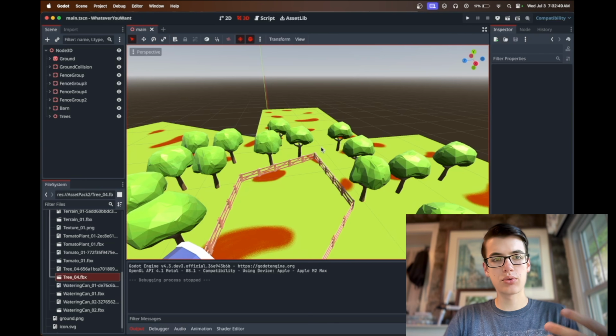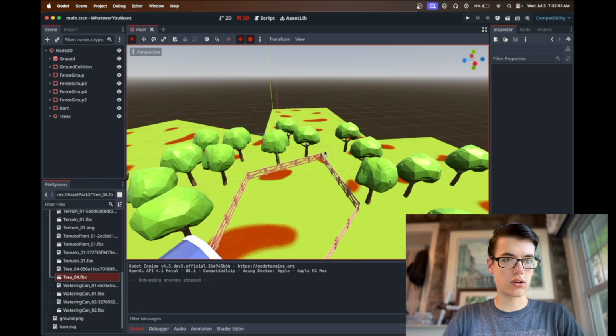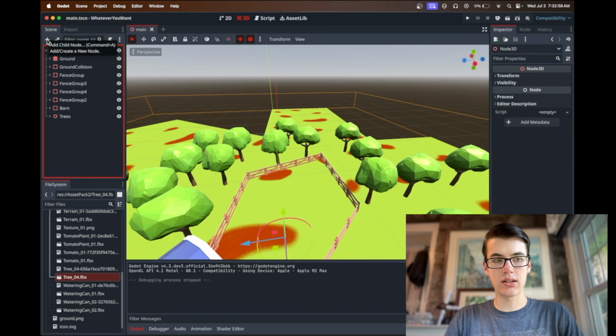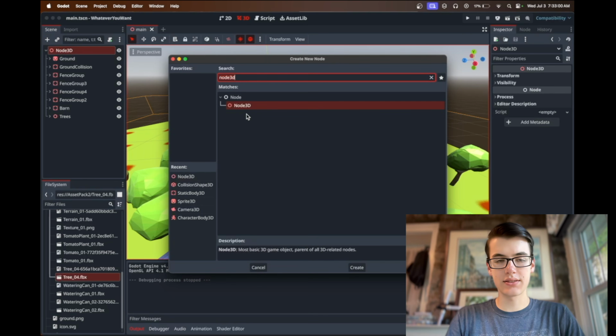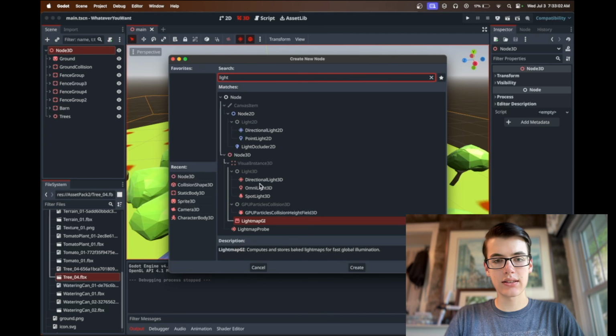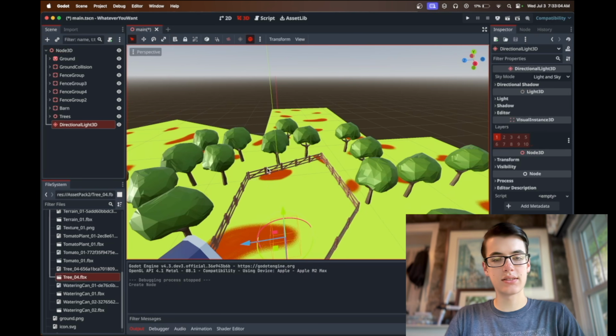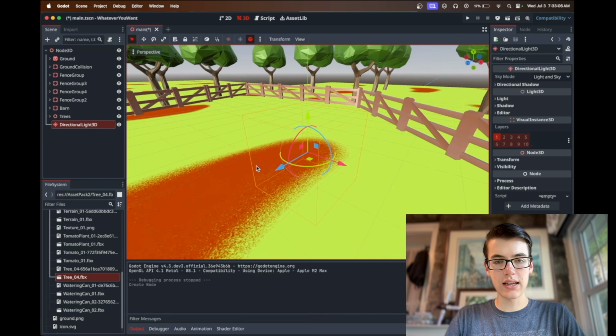Now, everything looks pretty bright in our scene because Godot automatically adds lights while you're in the editor, but if we were to actually play our game, we would find it to be quite a bit dark. So let's go ahead and click plus, search for light, and select a directional light, which will basically simulate the sun. So if we take a look at this,